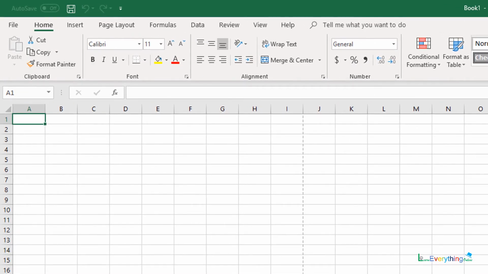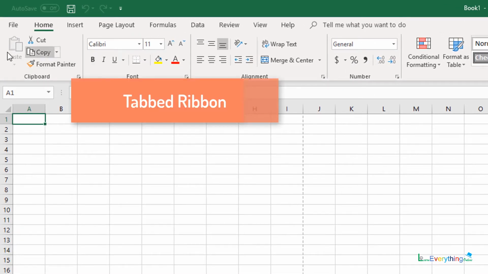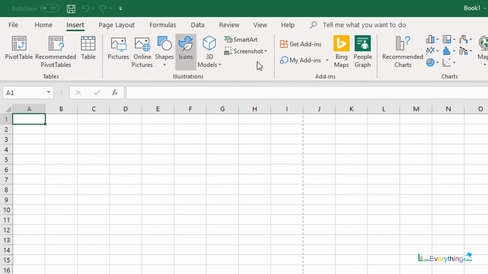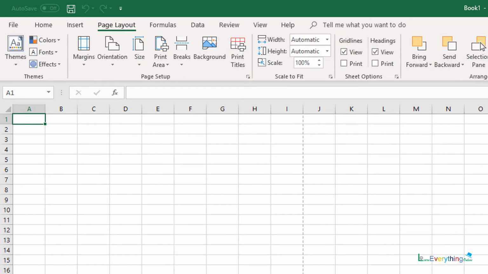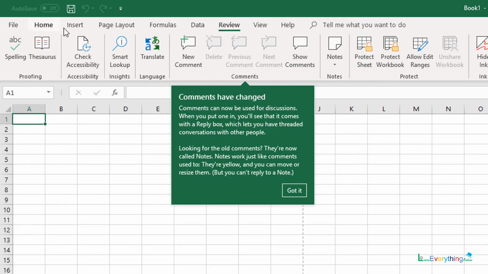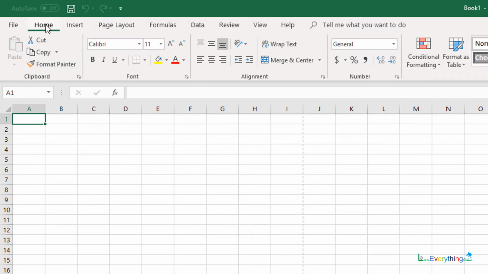Below the File tab, what you see in the workbook screen is the tab ribbon. Why is it called a tab ribbon? If you see on the top, you have various tabs. For example, if you click on the Insert tab, a ribbon will show you command icons related to insert. And if you click on Page Layout, the ribbon will display commands related to page layout. Likewise, you will observe for Formulas, Data, Review, etc. So on the top side, we have different tabs, and the ribbon below will show us related command icons. We are going to see more details about ribbons and their features later on.